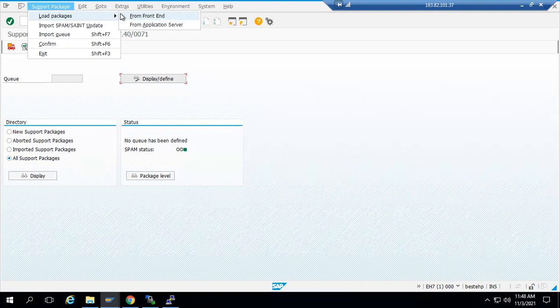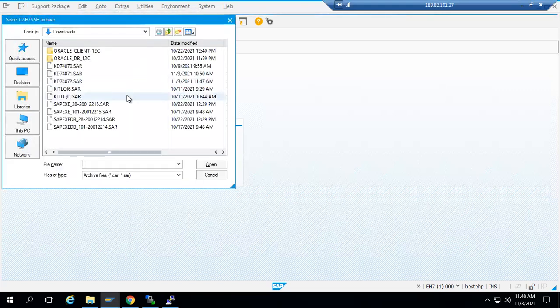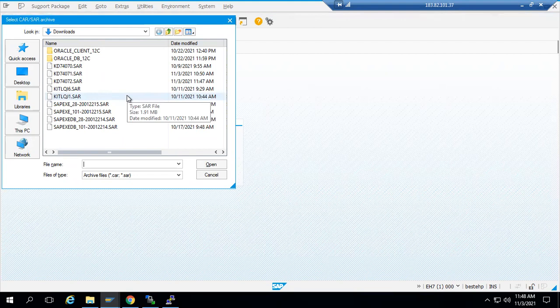For that, you need to copy those files to the server with the help of WinSCP, place them in the server, give the required permission, and click on From Application Server. It will load those packages in EPS in /usr/sap/trans/EPS/in. If you select the front end, all that I told will happen here only, not from the backend, that is PuTTY.